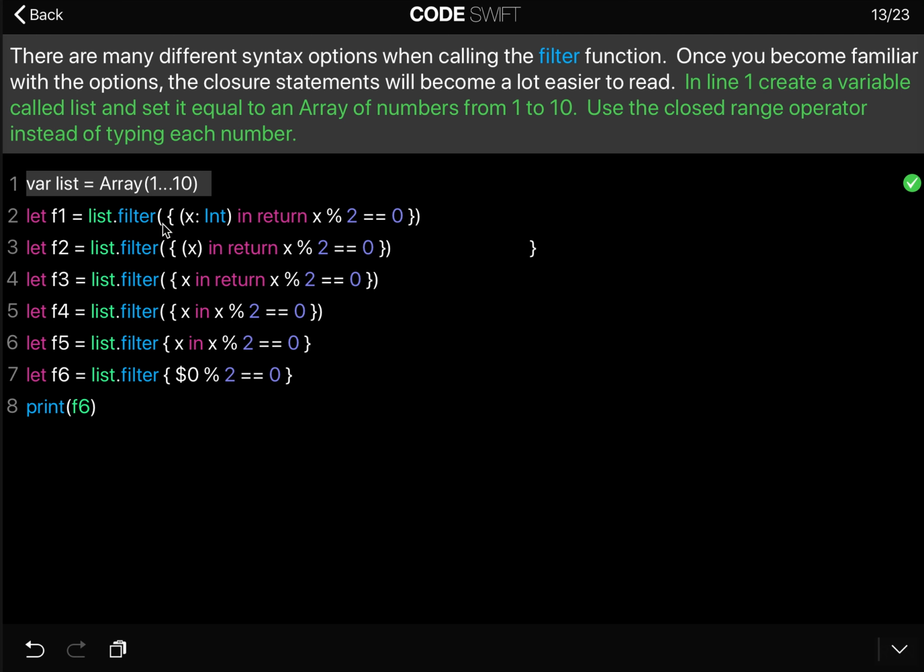So here we say basically filter the list, and now comes the closure. Pass in x, that's our parameter, which is really the initial value in the array, and then return a value, and here's our condition. If x remainder of 2 is equal to 0, then it is an even number and we keep it. Otherwise, do not